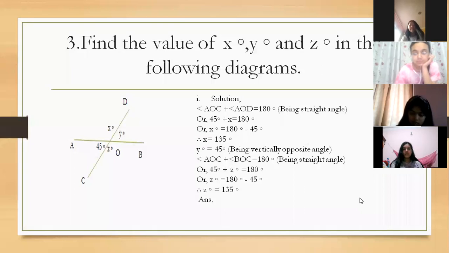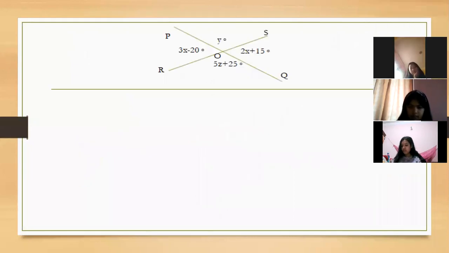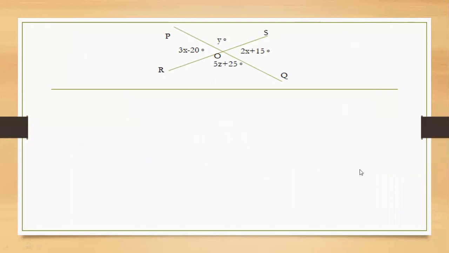Are you clear, children? Yes, sir. Good. That is how to find the missing angles of this question number 3i. I hope everybody is clear, right? Okay. Similarly, I am going to show you the next slide. The question is like this. This is question number 2. Okay, children? And how to solve this question number 2, I am going to show here.